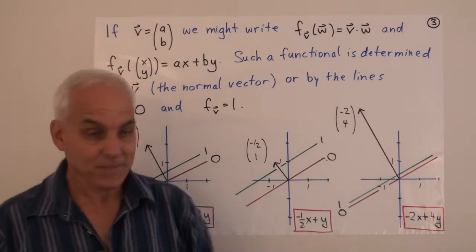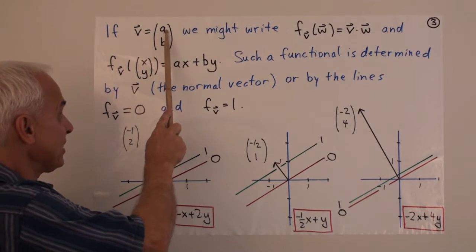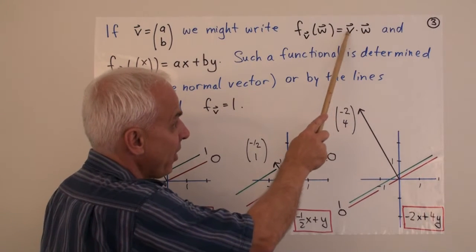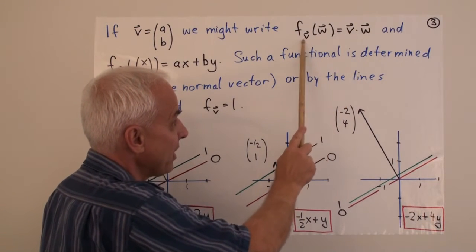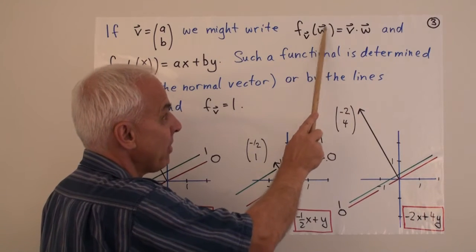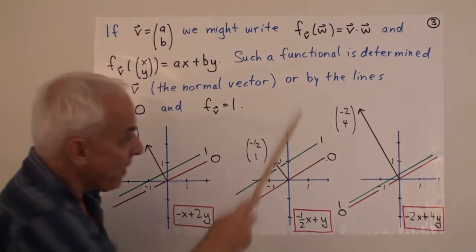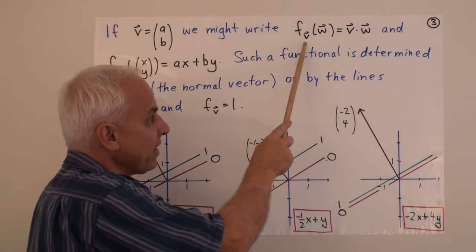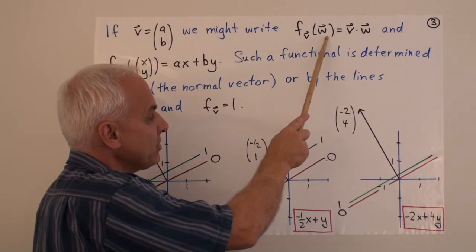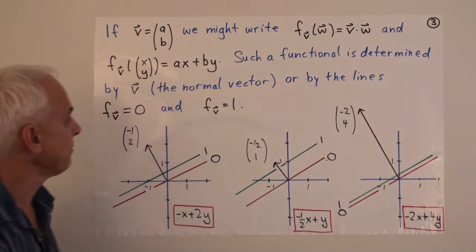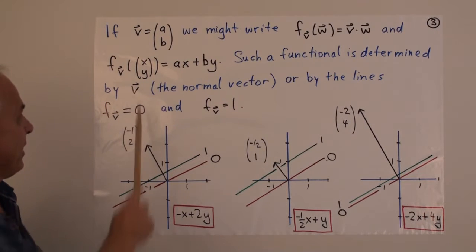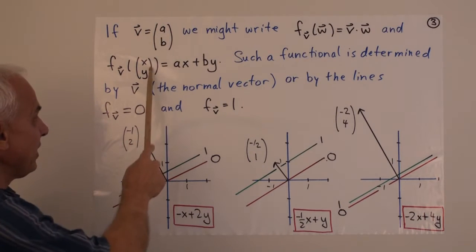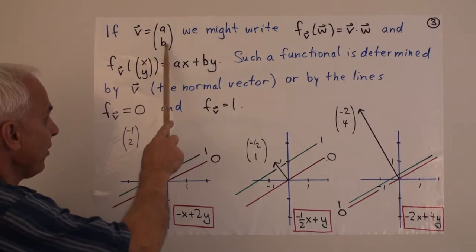So somewhat more generally, if our vector v is the fixed vector (a, b), and we're still looking at the dot product v dot w, thinking of that as a functional which inputs w and outputs that number, then that functional depends on the vector v. So we might call it f sub v. All right, so f sub v of w is by definition v dot w. Specifically, it inputs the vector (x, y) and outputs the dot product of v and (x, y), which is a times x plus b times y.